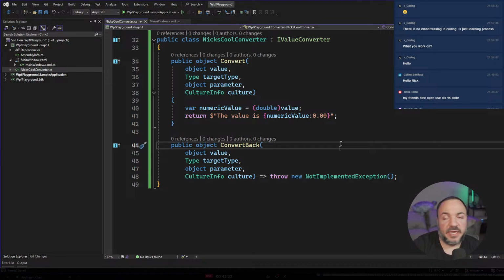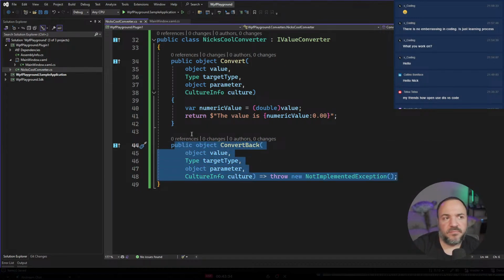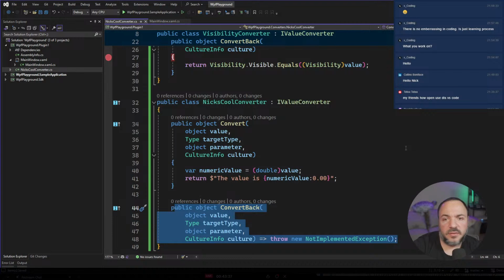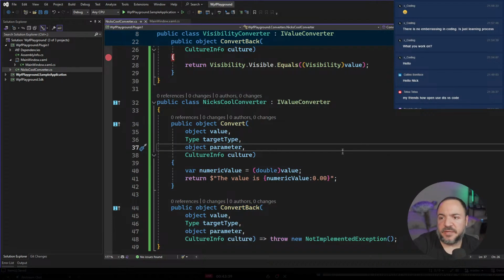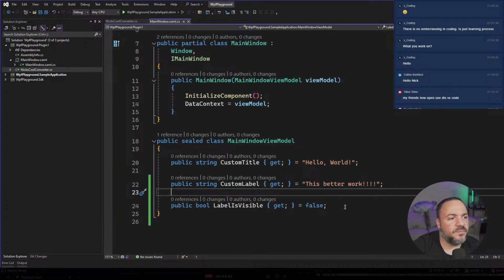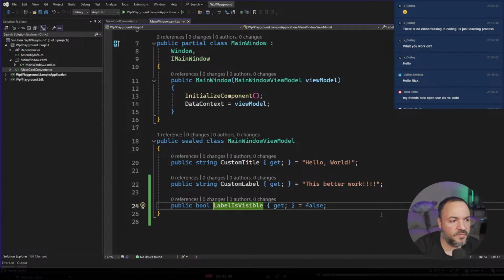Okay, so it's a one way. We don't need to have a convert back. Just don't need it, so we're not going to use it. Now what we're going to do instead is go back to main window. We're not going to have label as visible anymore. We're going to have